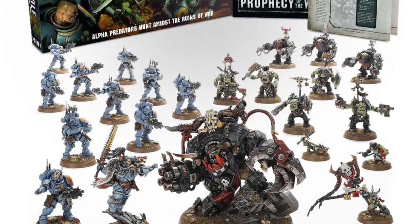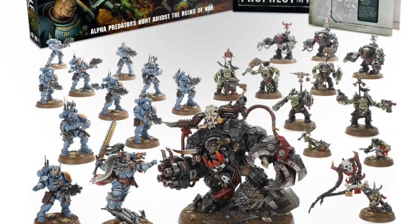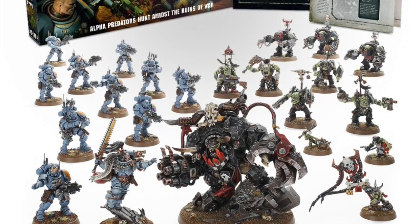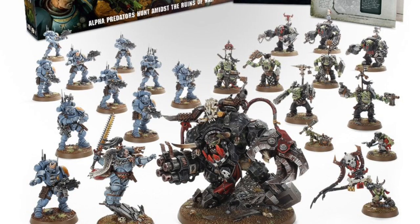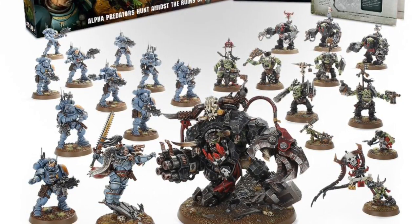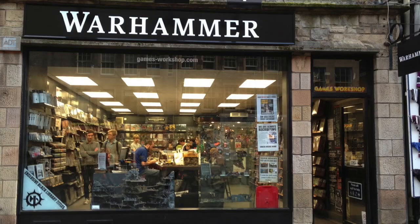Don't get me wrong, it is nice to have both Ragnar and Ghazghkull thrown in there, but I think, like many others, I'll wait till they're available as standalone purchases. So once again, the hype was teed up, and then the hype quickly dissipated like the air out of a balloon. And this leads me on to my next point about why I wanted to make those tentative steps into